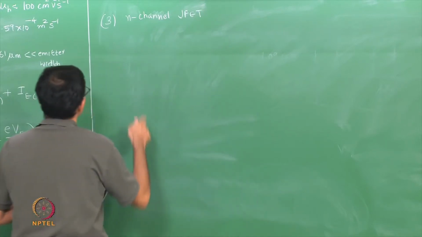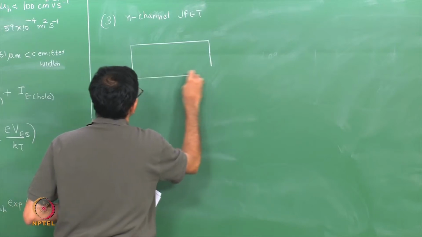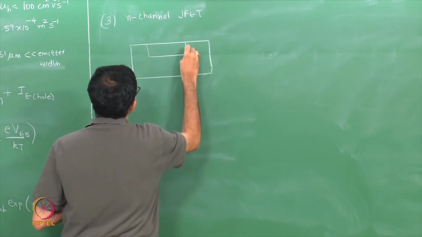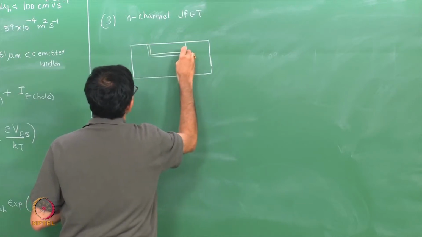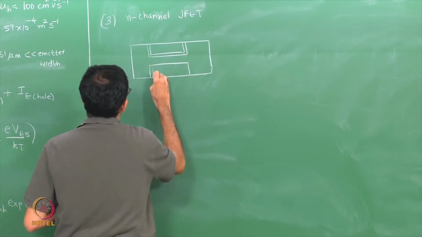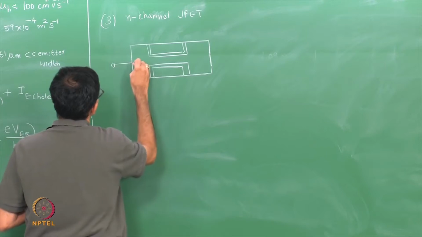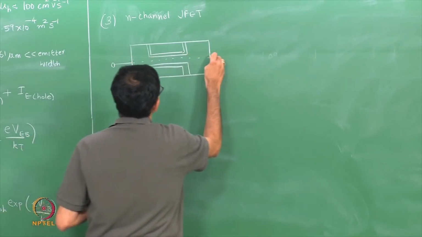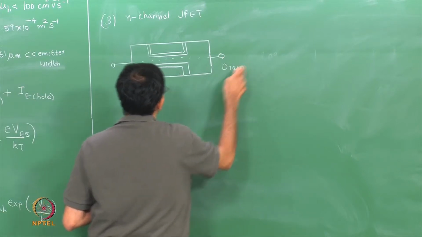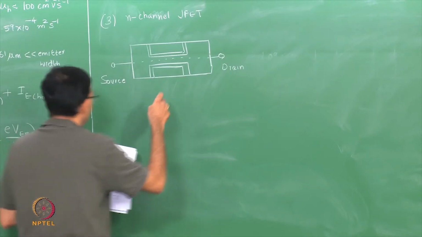So, let me draw the schematic. So, you have a source and you have a drain. So, this is the drain, that is my source, this is the gate,